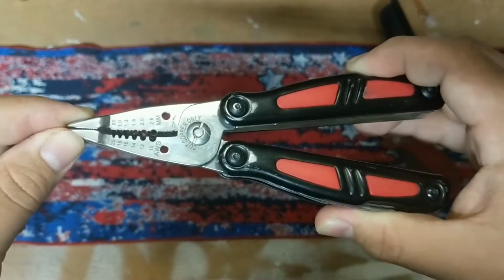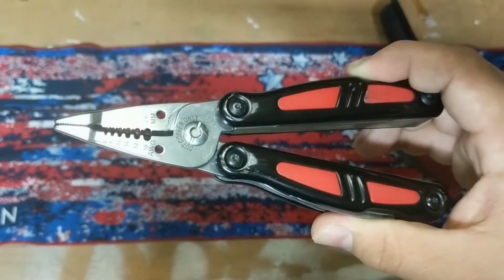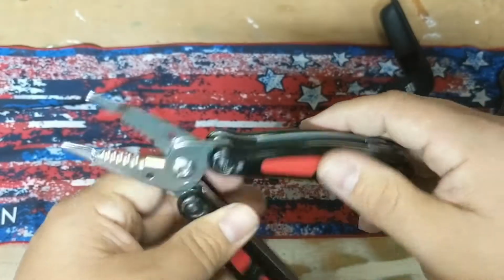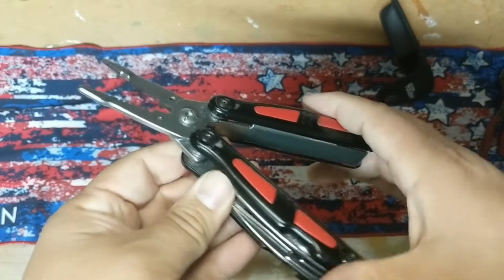Hyper Tough multi-tool. Is it worth it? I'll let you guys be the judge of that, but ultimately, I really don't think so. But it's a good placeholder until you find the right one. The knife and everything else on it barely cuts paper, so I wouldn't really consider the knife the greatest